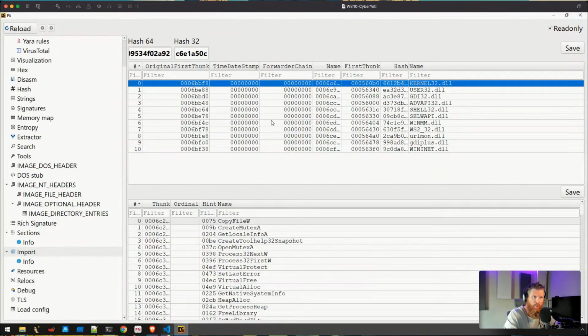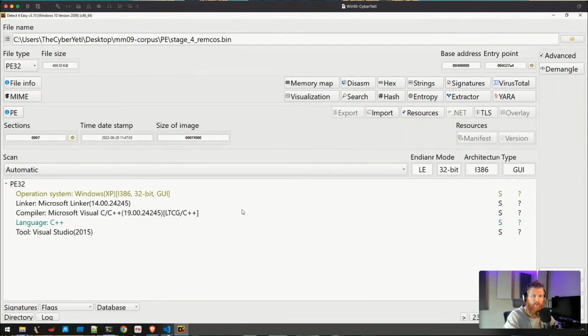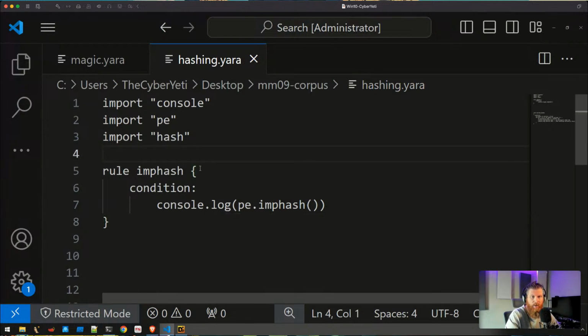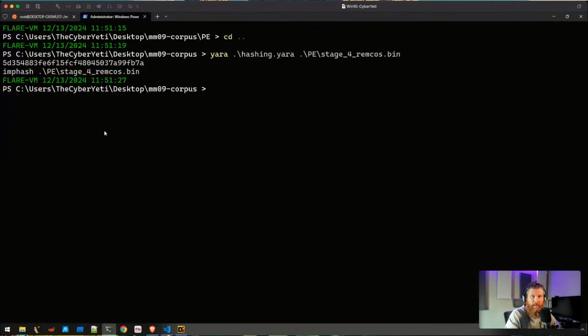The idea is that this can sometimes be in a unique enough order, between the module and then the actual API, that if that information is hashed, it can be used to detect related samples, because there is some uniqueness in how the libraries and the APIs were imported. So that's what that import hash can provide. And so here with Yara, we can recover that import hash as you just saw. And then we can go to places.